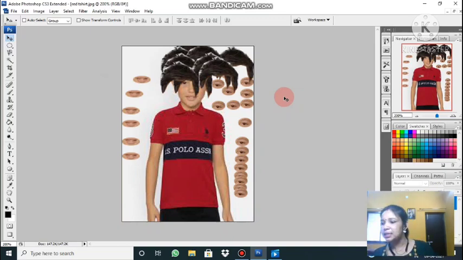Clear? Next is changing some color in the face. See, whenever you select the face area, our skin is not smooth. Somewhere more brown, somewhere lighter brown. So the selection will be done with the help of the magic wand tool, where the tolerance is used for selecting, means how much tolerance, means similar type of color.